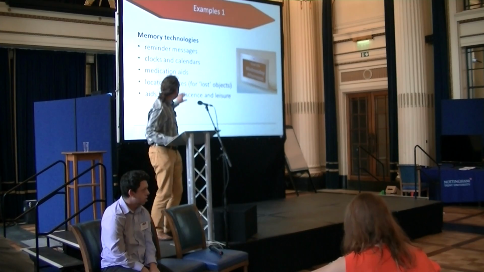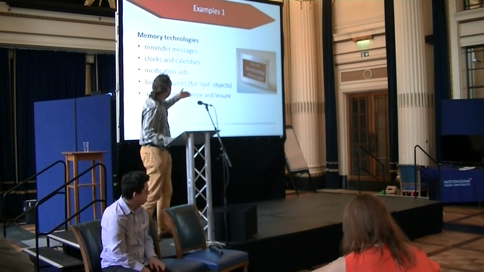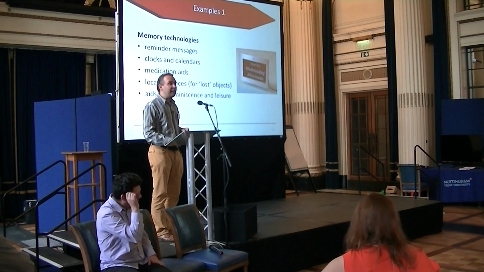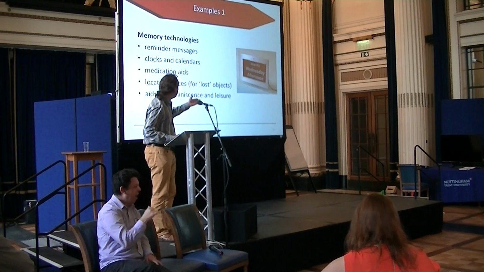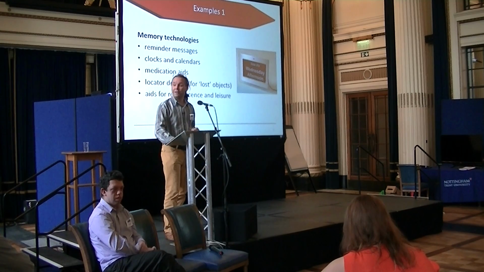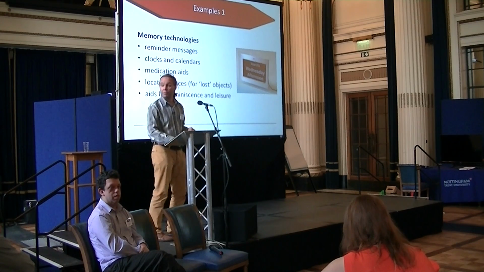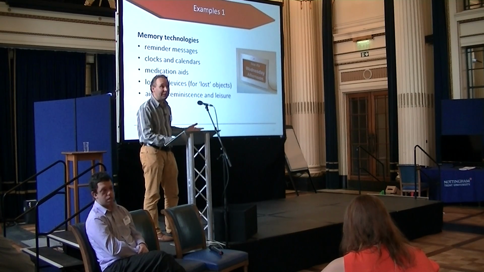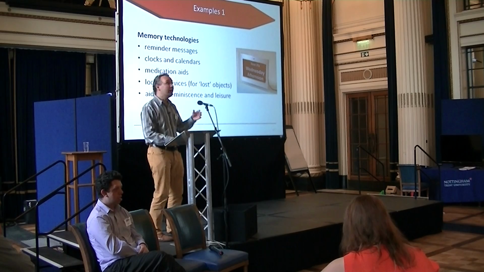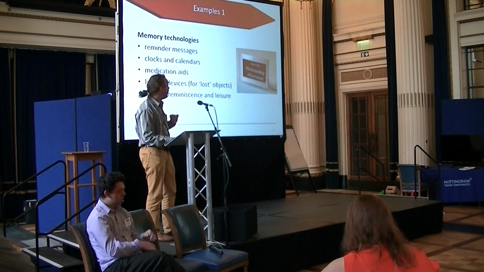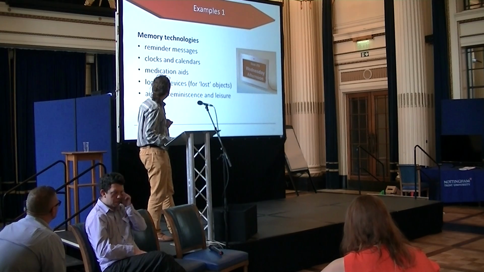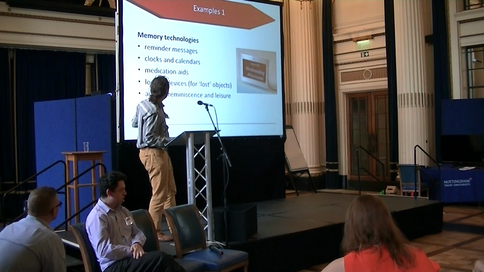So, okay, enough of the words. I'm going to just give you a few examples then. So here's an example of something that actually came out of the Designability in Bath. And it's the dementia clock, and you might have lost the ability to tell the time, but this will tell you that it's morning or afternoon. It could be very useful. So it might help stop you getting up in the night unnecessarily, or remind you, actually, yes, I usually do this in the morning, and that might just be enough to help. So there's an example of a very simple technology, but could be incredibly useful. And I've already mentioned a few of the others.